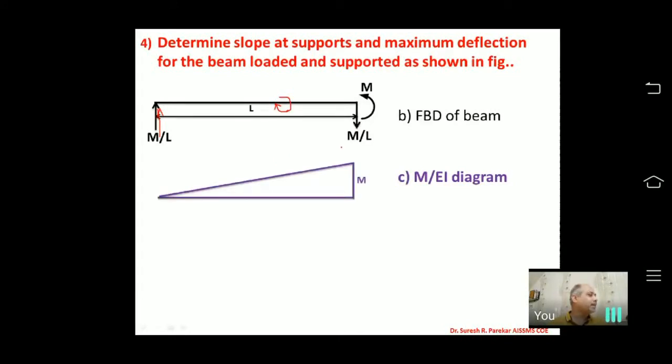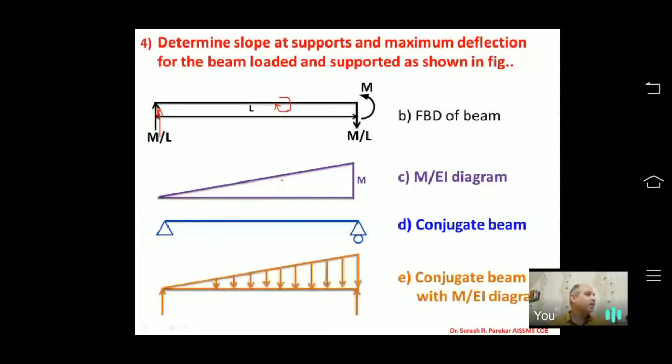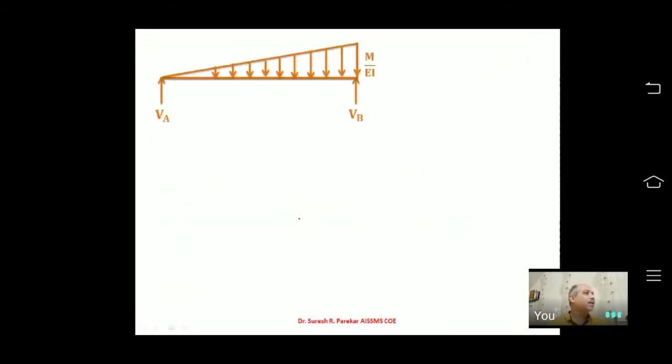So the M by EI diagram, EI is the same again. So we have the same diagram. So the conjugate beam, again we have the same. So we have the bending moment diagram. Now see, this will be compression, and below we have tension. So the arrows I have in the downward direction. Then I can find VA, then I can find VB, and then I can go with